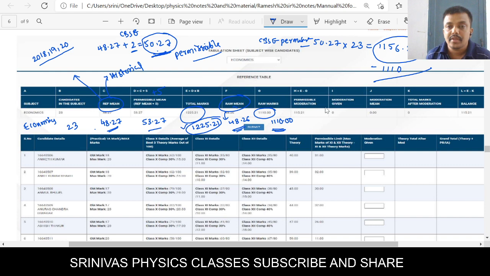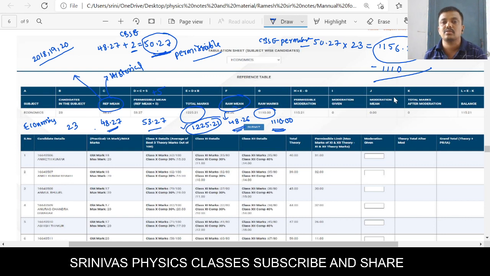Okay, look here. The permissible is 1156 marks. That is the total marks of all students. You multiply the subject average with the total number of students and you get this. This is the permissible. But what you entered, based on the 10th, 11th, 12th, the total marks of all students is only 1110.